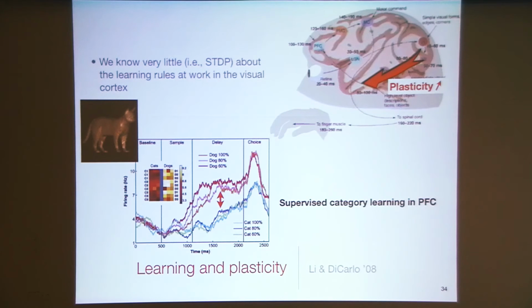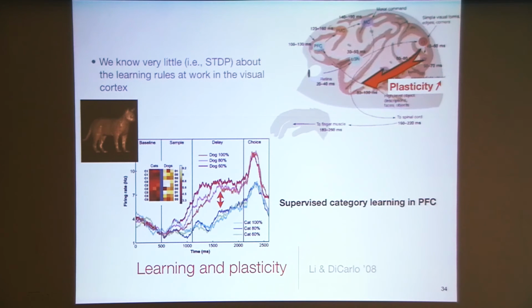Because if we were to have very fast plasticity in lower stages, we would have to relearn everything all the time, as opposed to having long developmental stages where things are done Hinton style in a greedy manner, one layer at a time, where once you've learned a good representation here, you stop changing it and start updating in higher and higher stages. What that would allow you to do, presumably, is to exploit unsupervised learning mechanisms in lower to intermediate visual areas and enable very fast learning and plasticity, supervised plasticity, in higher stages.